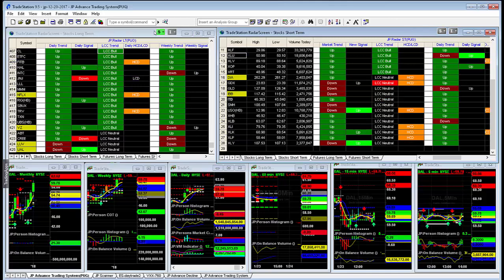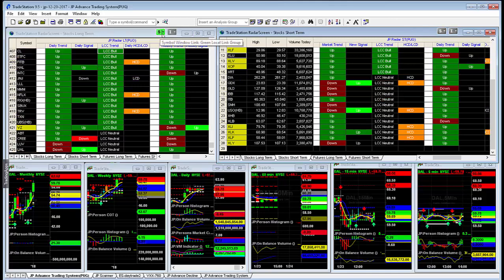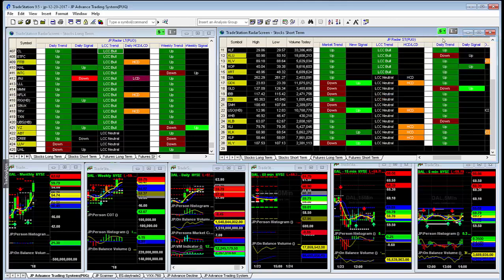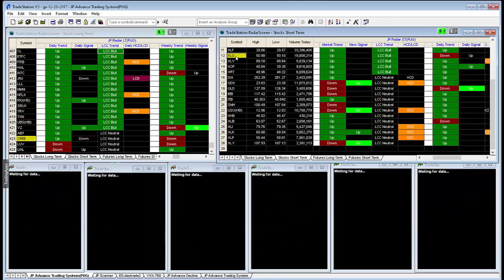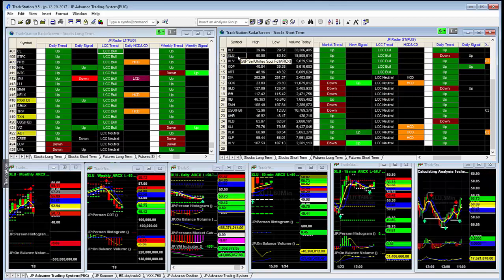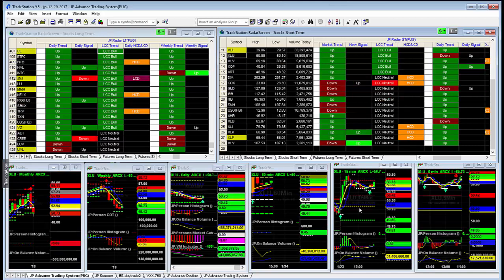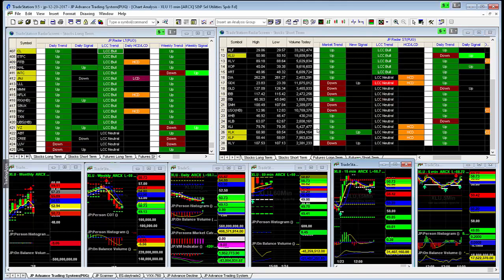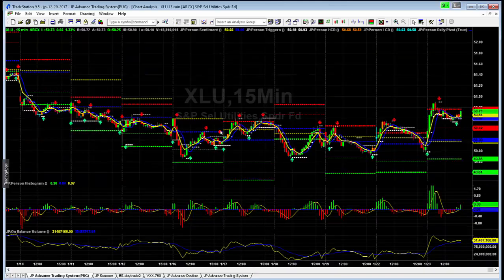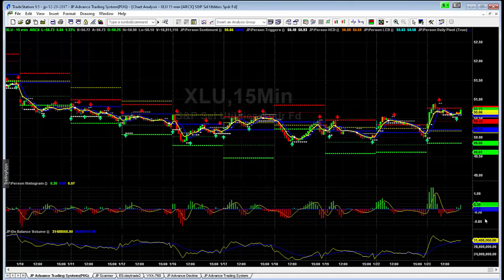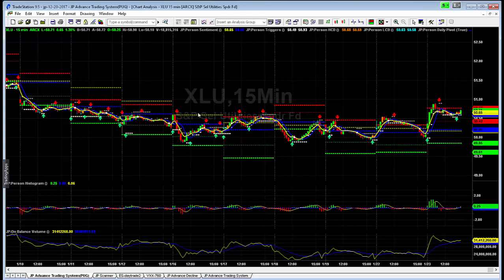Now, if you notice here, my symbol window link is green. I created a new one. I now have to make it linked. So click on green. As soon as I do that and I click on utilities, everything falls into place down below. So here's an interesting situation. This is the XLU. I have a 15-minute chart, and it showed me we're in a buy and we're breaking out above a last conditional change. So we are getting a bullish bias breakout in the utility space right now.